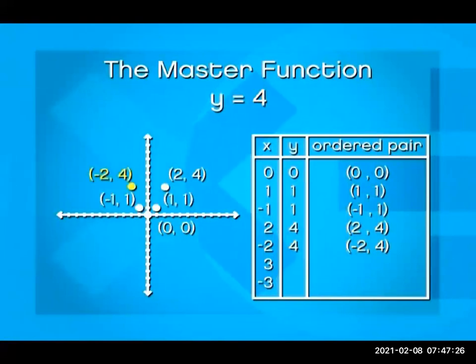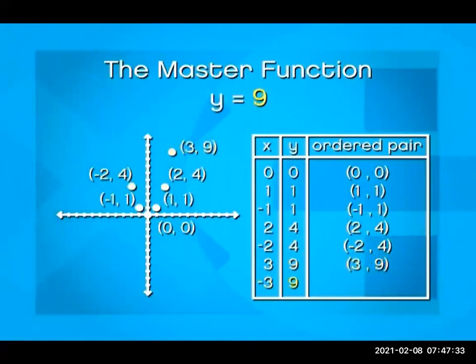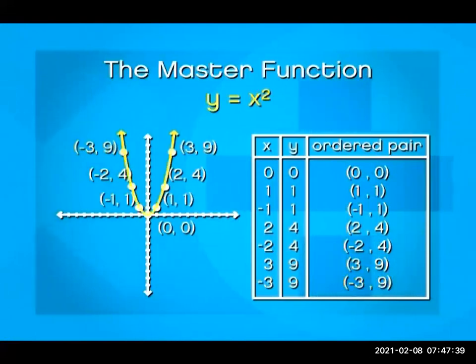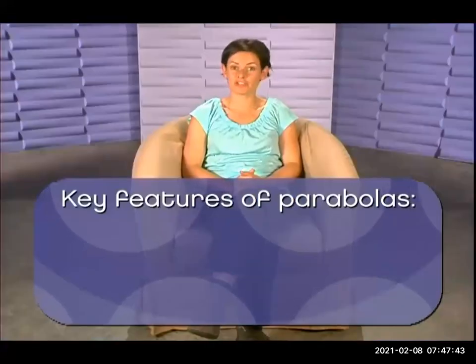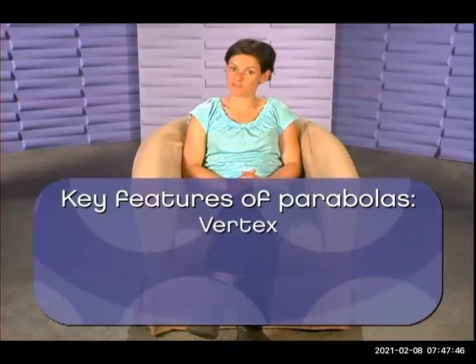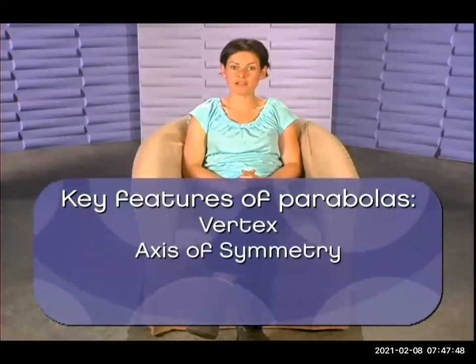3 and -3. 3 squared is 9. Ordered pair 3, 9 plotted here. -3 squared is 9. Ordered pair is -3, 9 plotted here. And there's the parabola of y equals x squared. So beautiful. There are a few key features to recognize in parabolas: the vertex, the axis of symmetry, and the